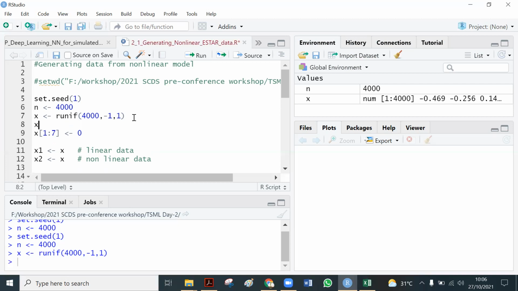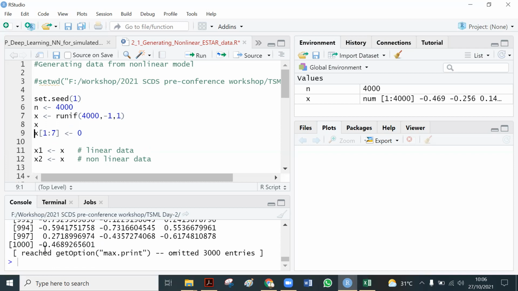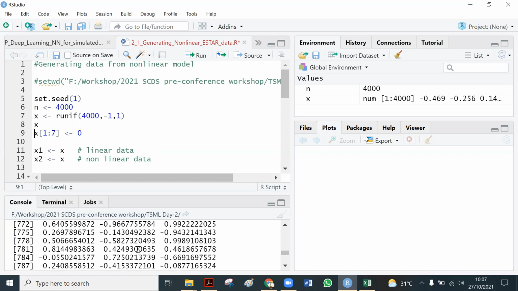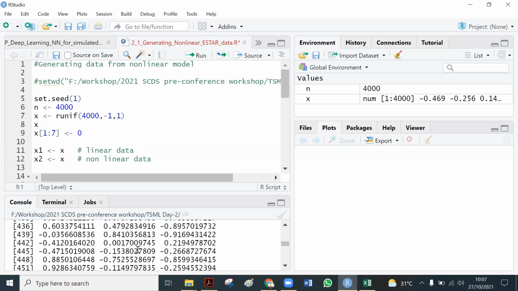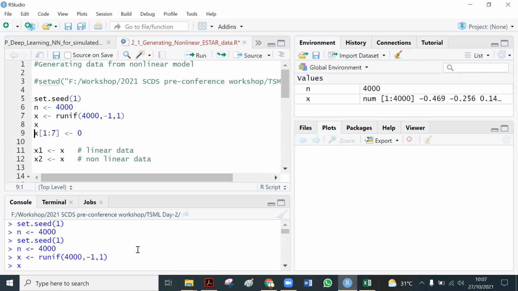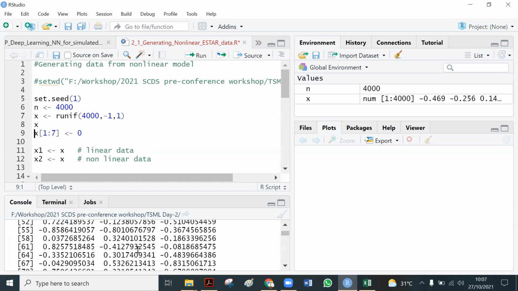We can do this. Okay, this is the data actually. It displays only 1,000 data, and the remaining data are not displayed in the monitor, because it would occupy too much space in the monitor, right?